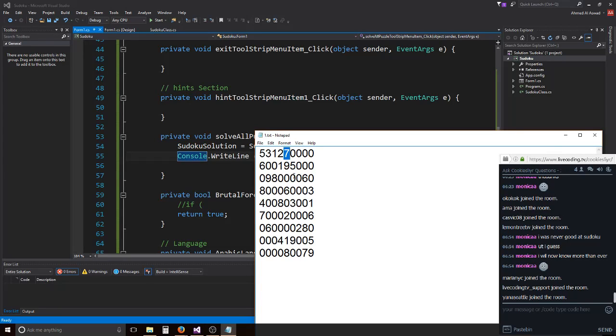It checks the next number. It's full. Next number 1. Is it valid? No, because there's a number here. It removes it. It checks another number 2, and it keeps on. If it gets stuck, it can go back even to this number, empty this one, go back here, and start changing this number into 3, and it keeps on till forever, till it finds a